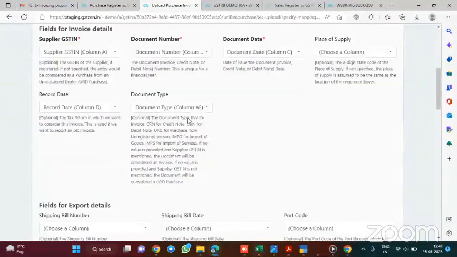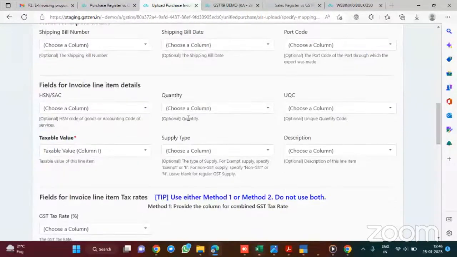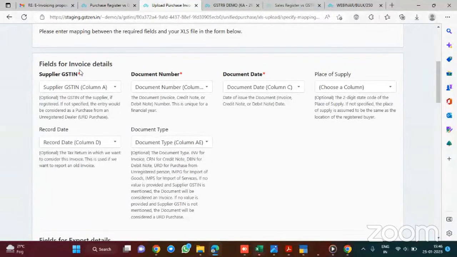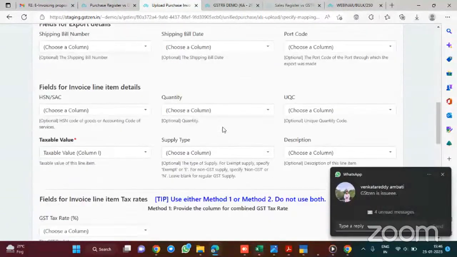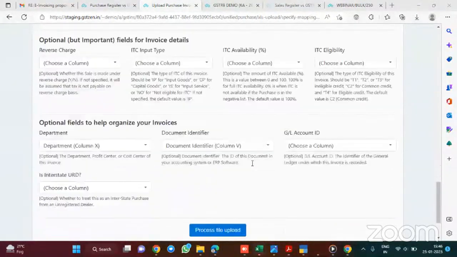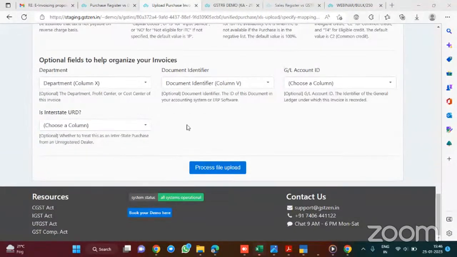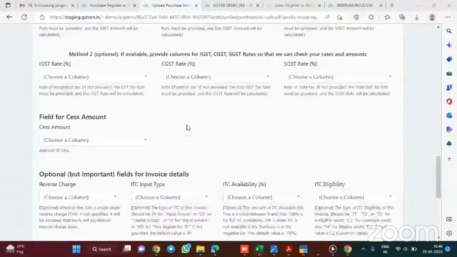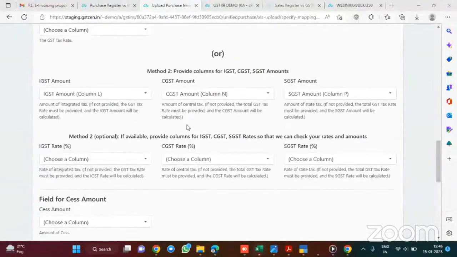Similarly, you can map other fields. There are mandatory fields which are star marked and others are optional. Once this mapping is done and if you re-upload the same format, the settings will automatically preload for you as it is showing in my case.